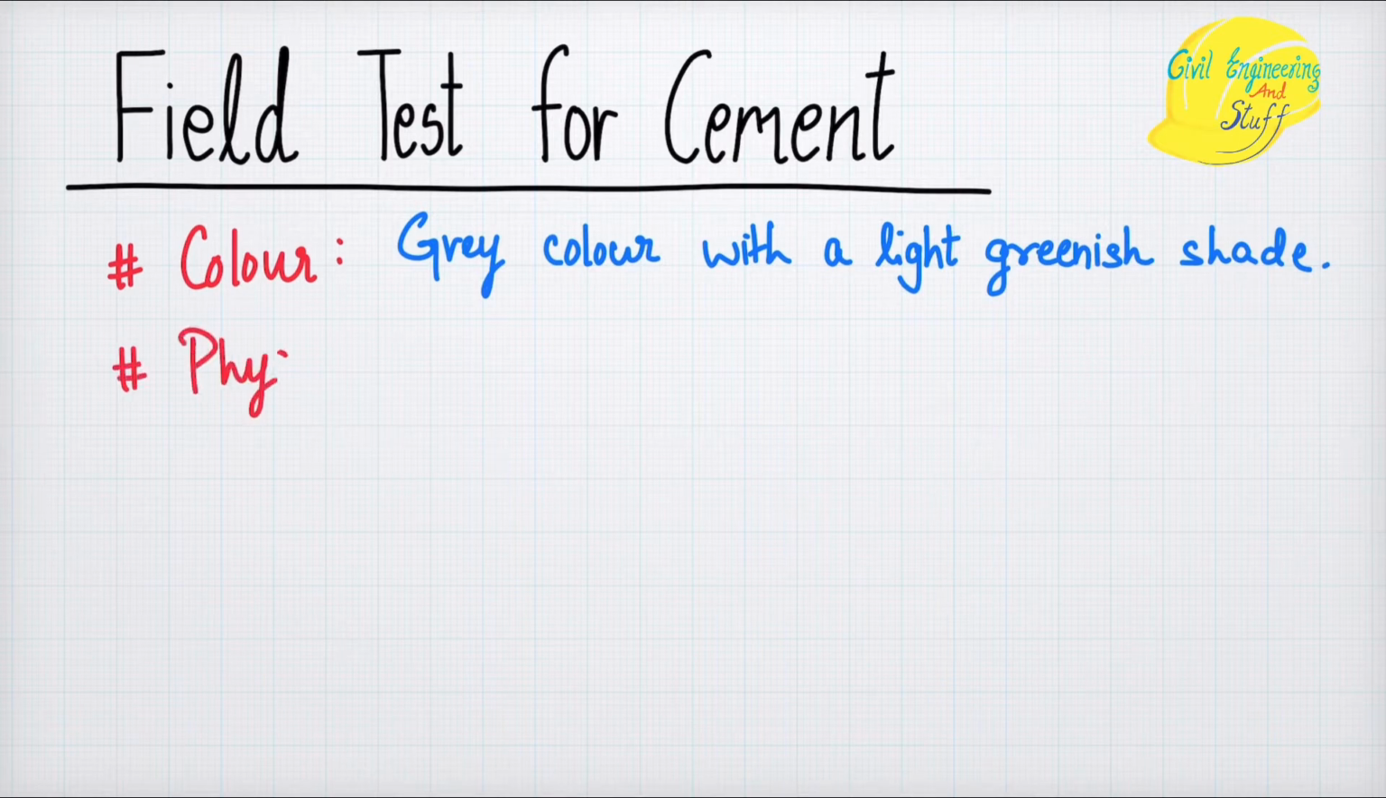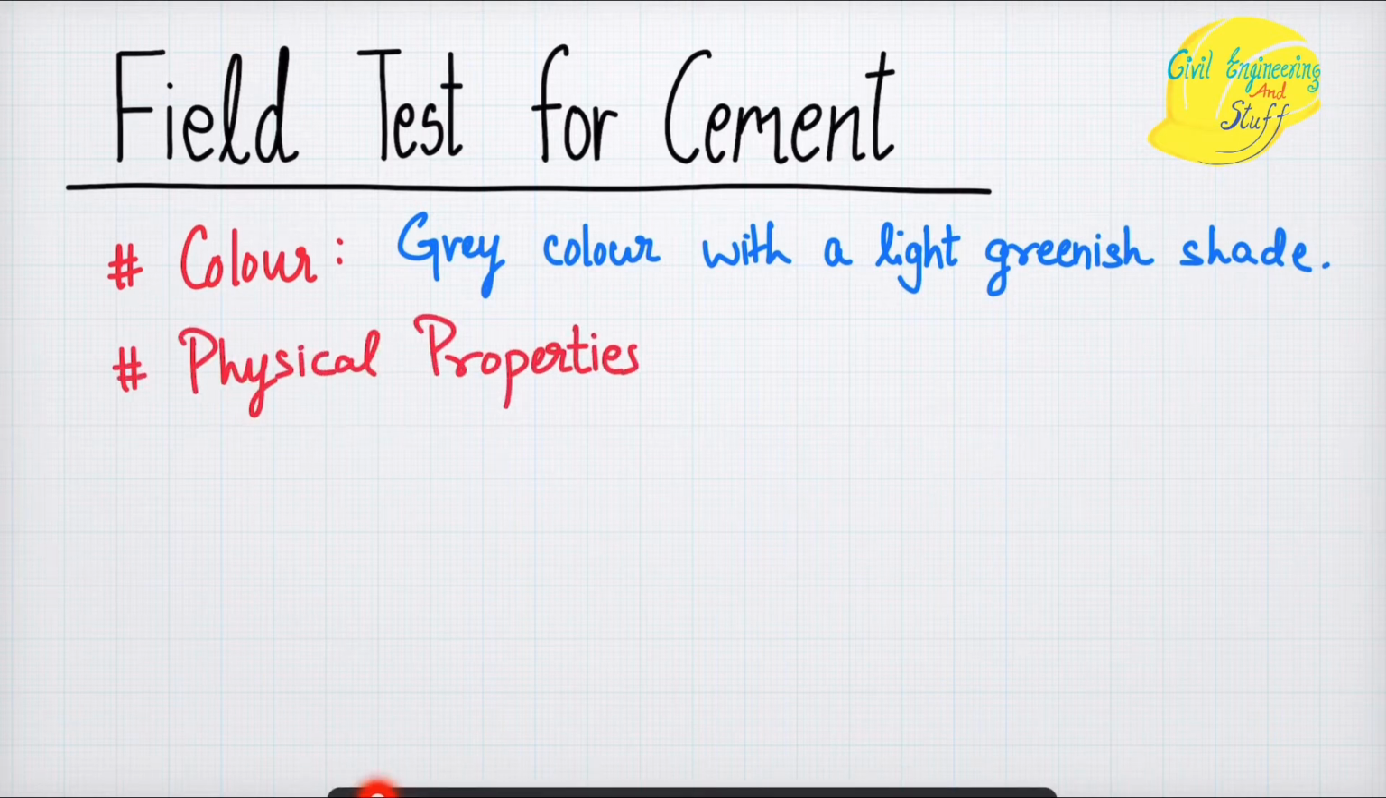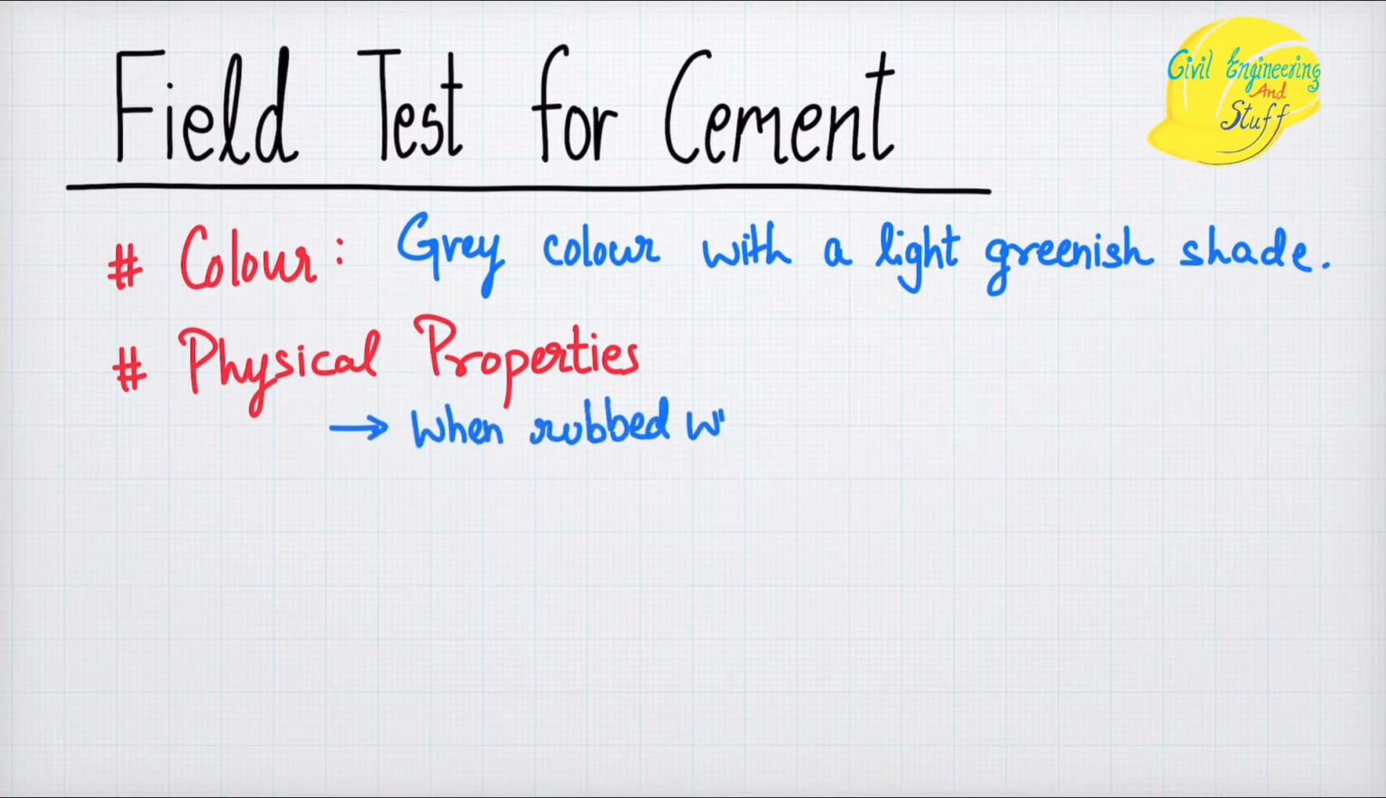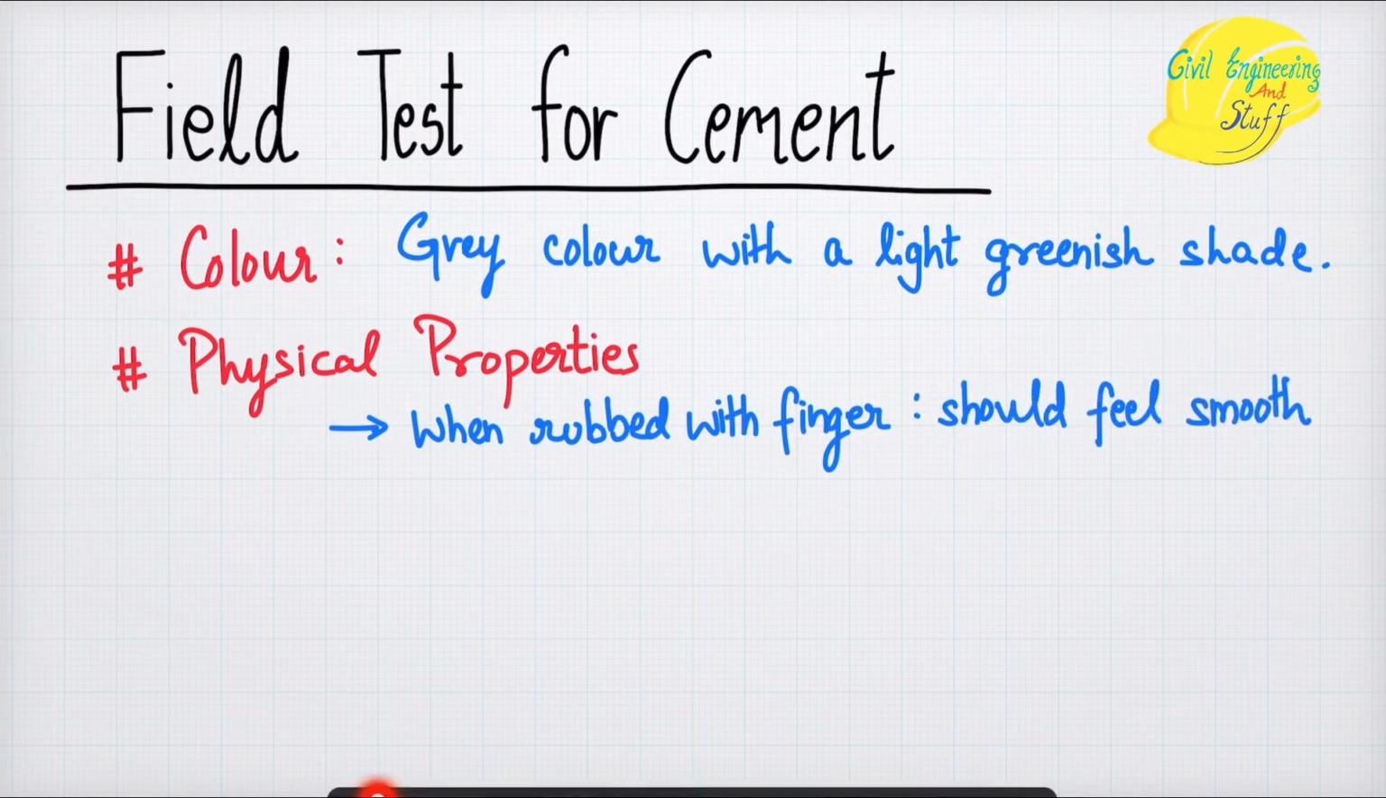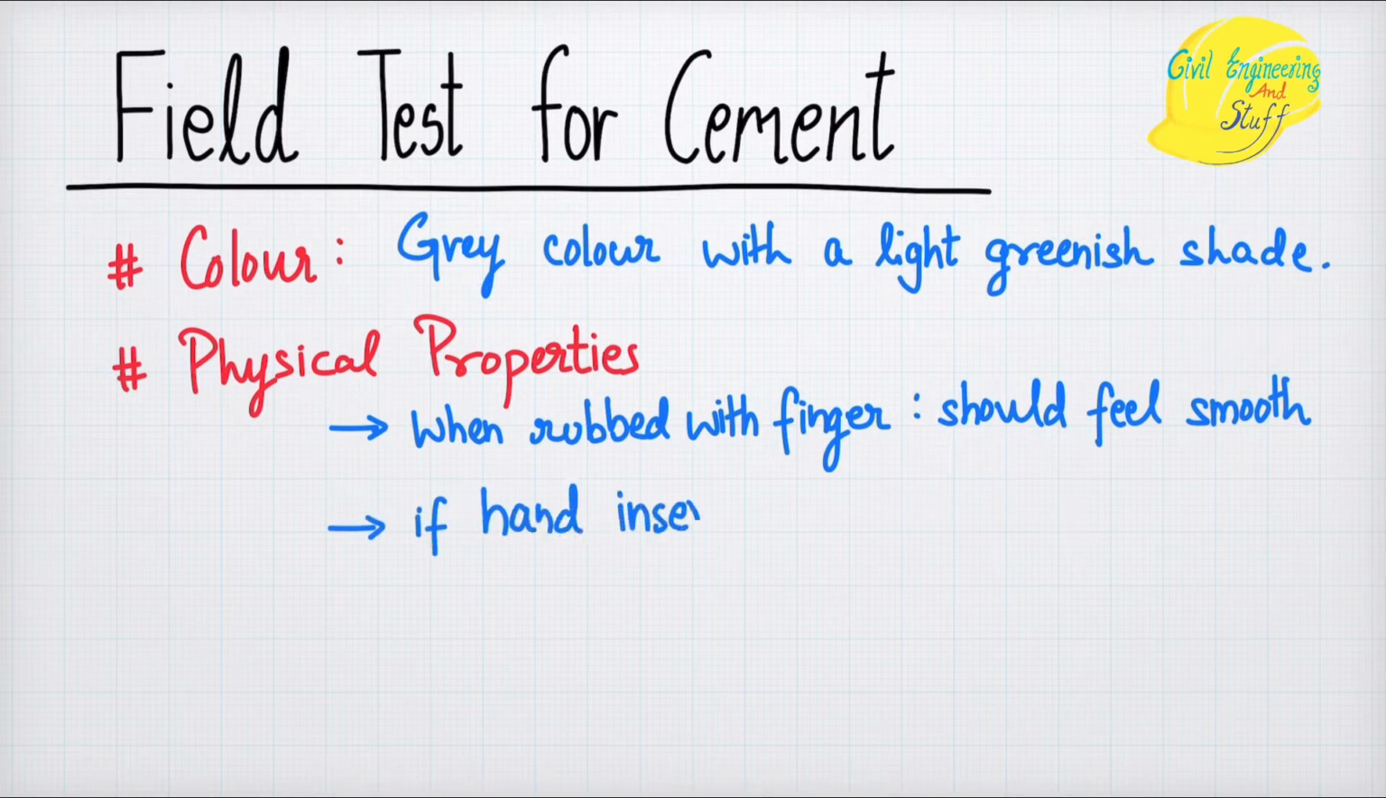Then talking about the physical property, if you take a small quantity of cement in your hand and rub that cement in between your fingers, it should feel smooth, right? When you take a small quantity of cement from the bag and rub it in between your fingers, it should feel smooth. And if you insert your hand into the bag or the heap of the cement, it should feel